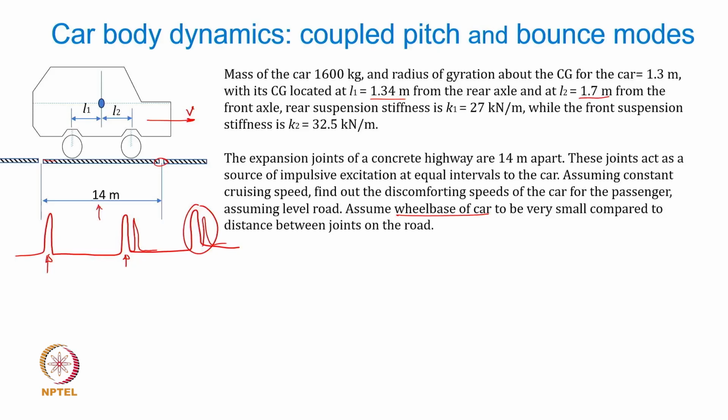We have seen in the case of a single degree of freedom system also that if the road profile waviness has a frequency based on the speed, and that frequency of excitation from the base matches with the natural frequency of the vehicle, it will have larger amplitudes of vibration. Okay. So, when we are saying discomforting speed, it means that either of the two natural frequencies,